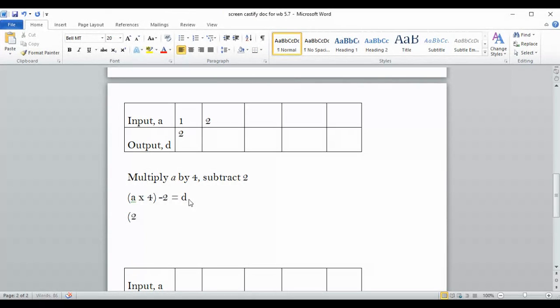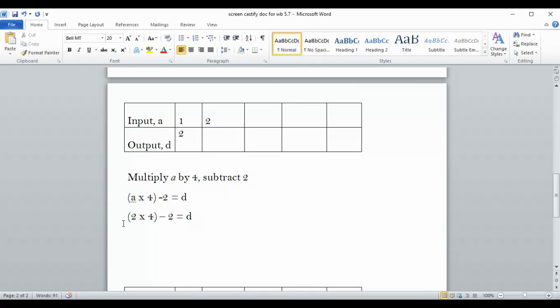In place of my A, I'm going to put a 2. 2 times 4 minus 2 equals D. I have to put my other parentheses in there. All right. So now I'm going to start solving it. 2 times 4, I have to do parentheses first. That gives me an 8. And then I'm going to put down the minus 2 equals D. And I did this part, so I'm going to cross it out. And 8 minus 2 is all I have to do right there. And 8 minus 2 is